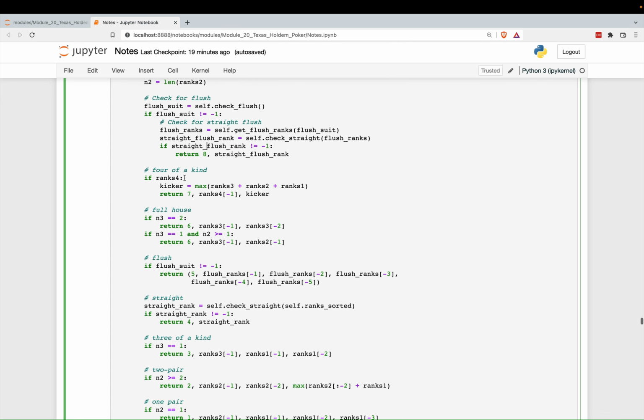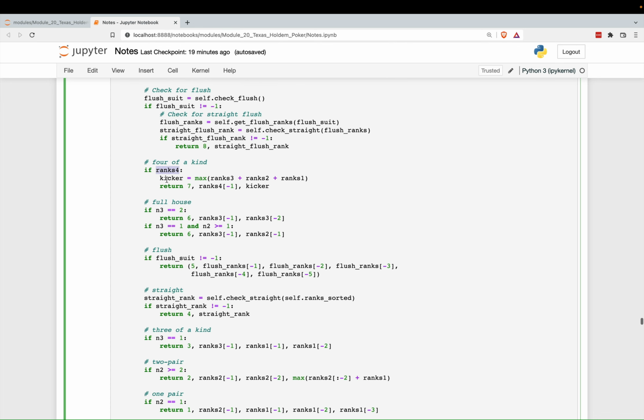The next thing it does is check for 4 of a kind. So are there any ranks that appear 4 times? Then it checks for a full house right here. Do we have any ranks that appear